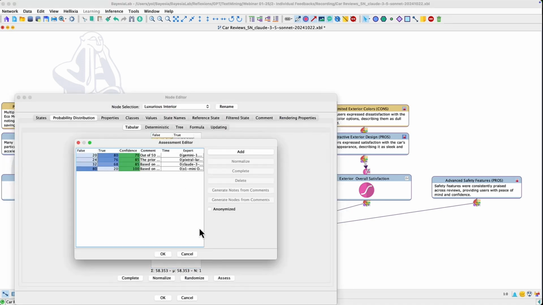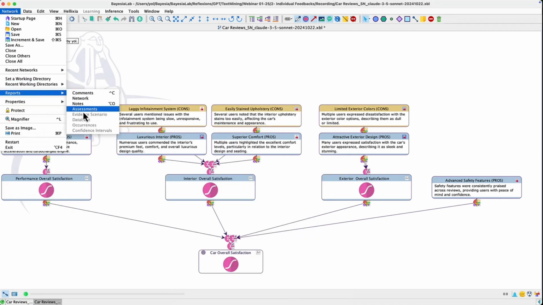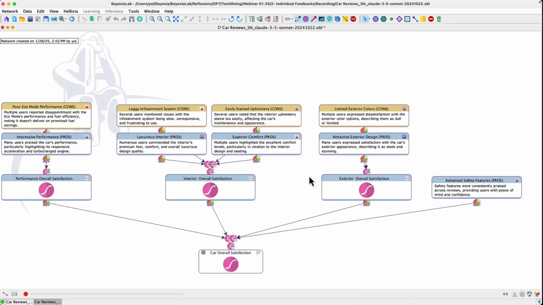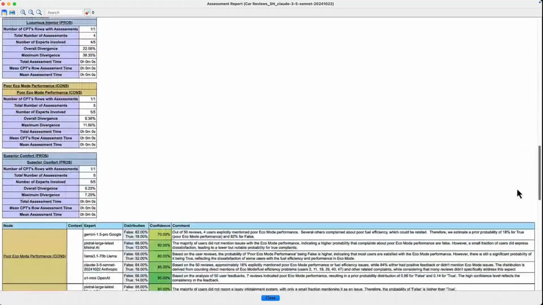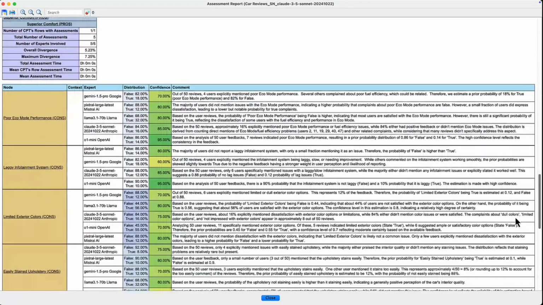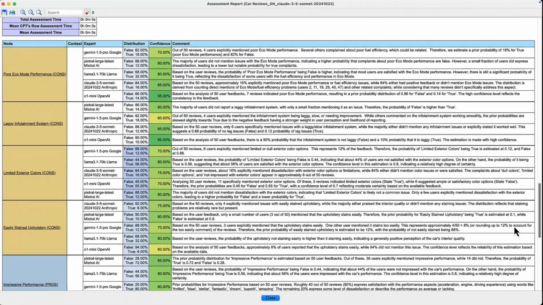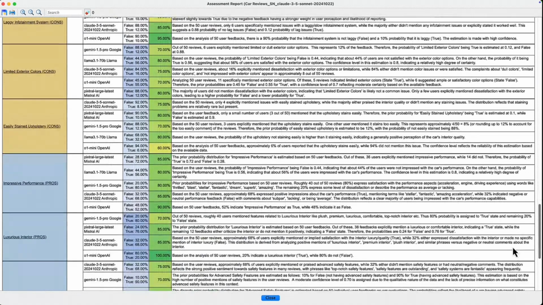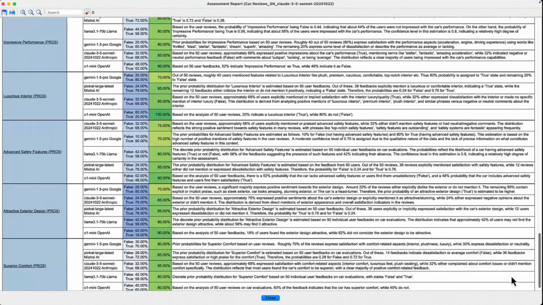So now same thing for luxurious interior, which you can just review, and these probabilities are in agreement with the comments, so I'm not changing them in this webinar, at least. The report, we went through that already, but this is for the priors, so there is no dark blue, so it's okay.